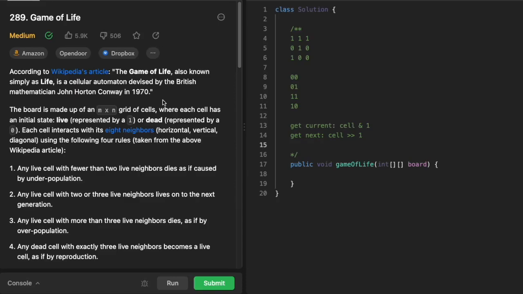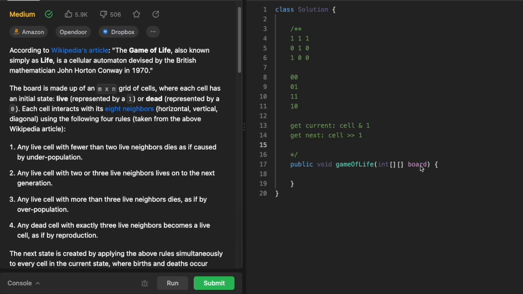Hello everyone, welcome back to LeetCode, and today let's practice LeetCode number 289, Game of Life. So we are given a matrix or the board, and every value in the board is either 1 or 0